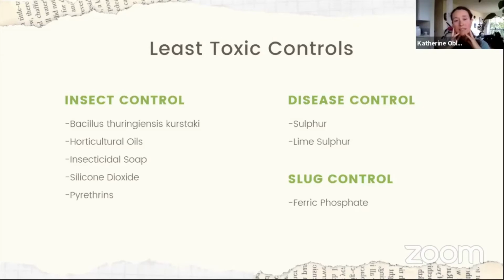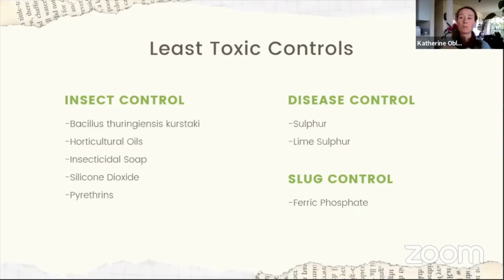Silicone dioxide is ground up fossilized diatoms, and it's often sold as diatomaceous earth, and that essentially dries out insects that crawl over it. That works best if it's kept dry. You can use it for ants. Yeah. And then pyrethrins are